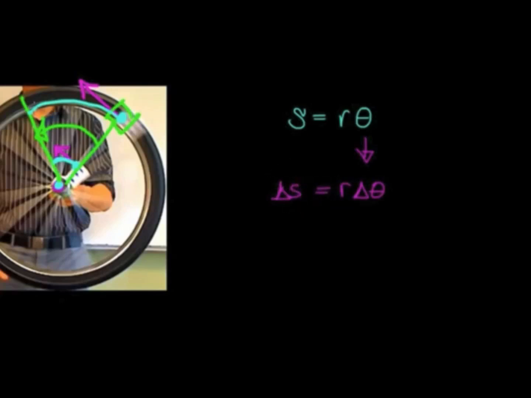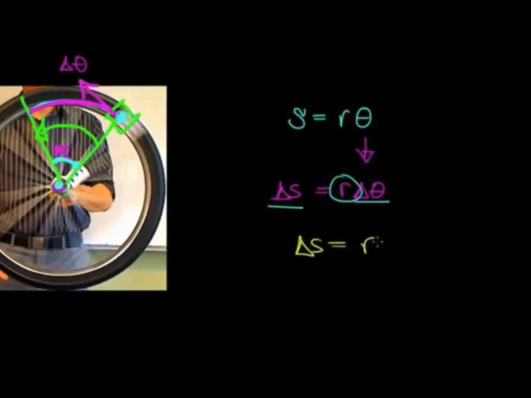And to give you an idea of what I'm really calculating, the arc length is this length, this distance between these 2 points. And delta theta is the angle between these 2 lines, these 2 green lines. So one way I want you to think about this is, this is the distance through which a point on the wheel rotates. This is the angle through which this wheel is rotating, and this is the distance from the axis of rotation. Let's just work with delta s, which is the distance a particular point on the rotating object travels,